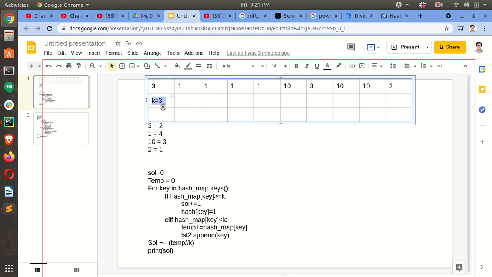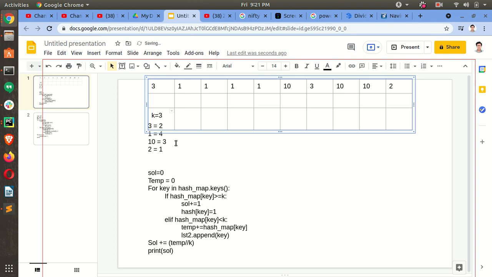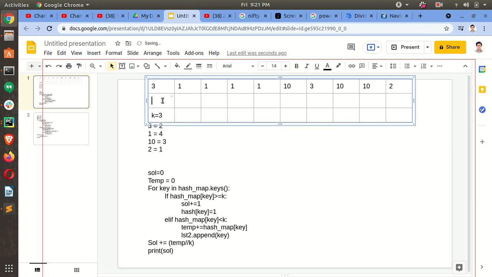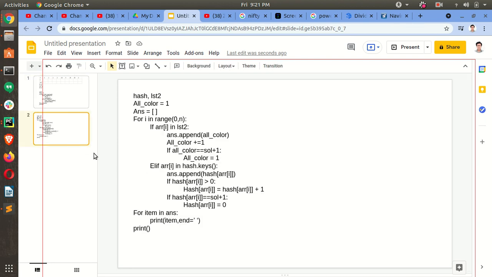And okay, so in this case, if you see, we can color 3 as 1, then 3 belongs to LST2. So what we are doing in LST2, we are coloring with the all color variable.